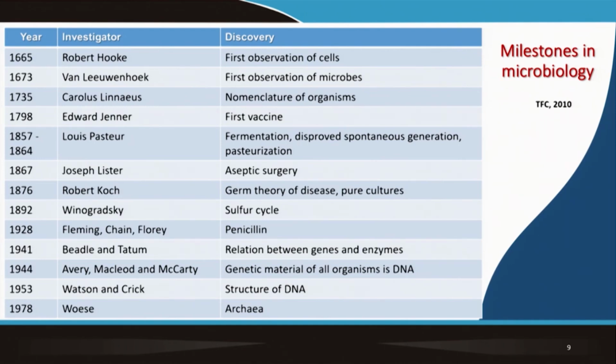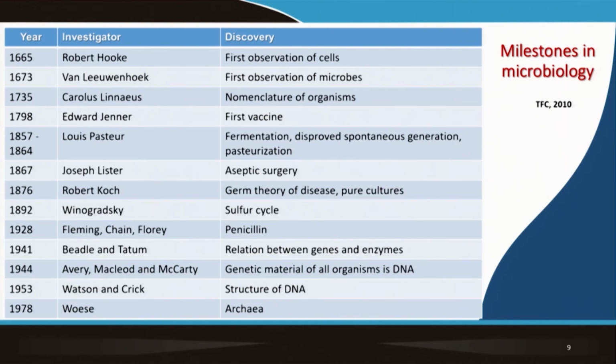In 1944, we have Avery, McLeod and McCarty, who were able to prove that all living organisms have DNA as the genetic material. The structure of the DNA was described by Watson and Crick in 1953, and Woese was